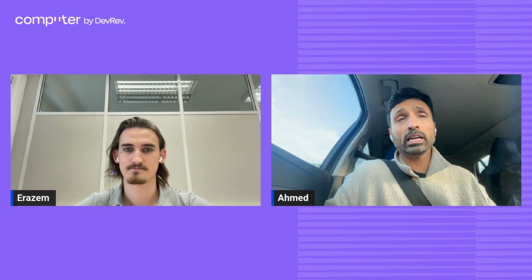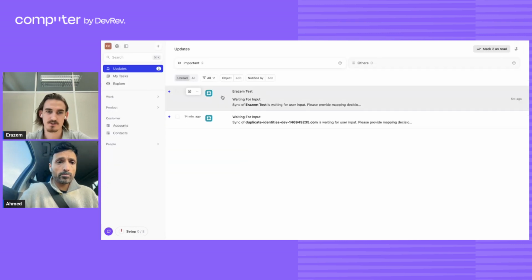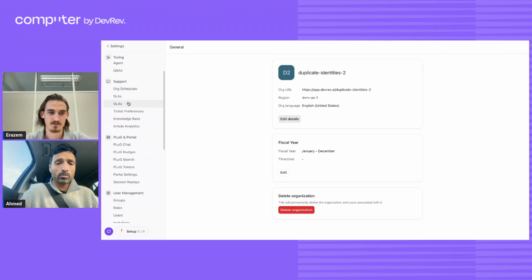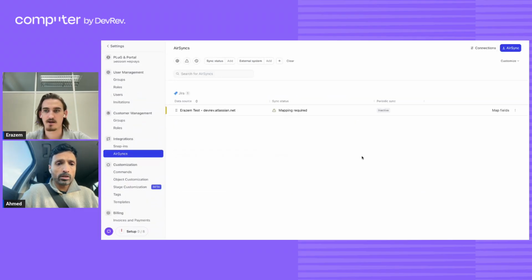So Erazem, what are we looking at to begin with? Yeah, so what you're looking at here is a fresh AirSync screen. Let me show you how you get to the screen from your organization. If you go into settings and then scroll down, you'll find AirSyncs here. So this is your main screen where you do all your work. As you said already, AirSync allows you to import data from external systems into DevRev's knowledge graph,